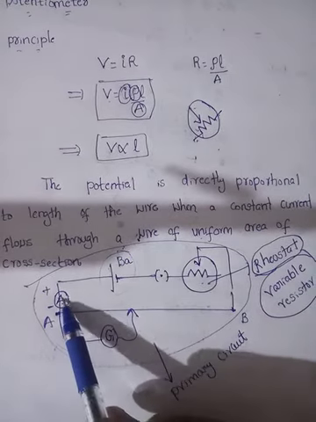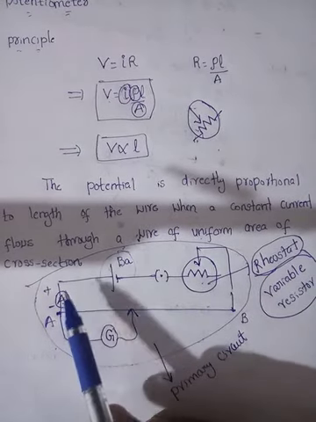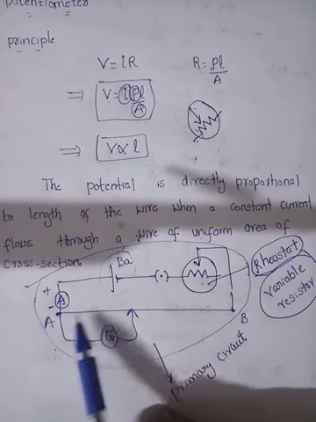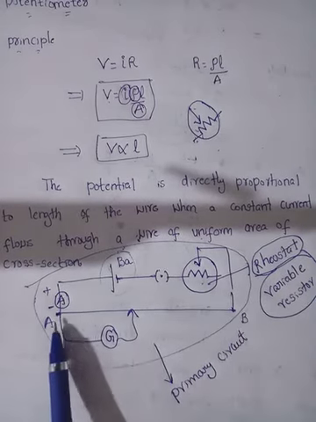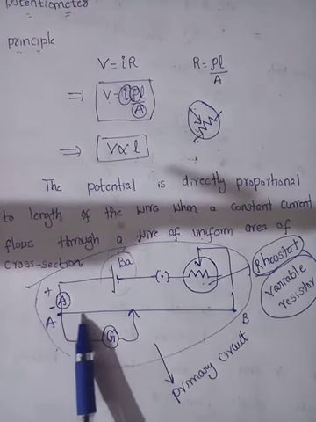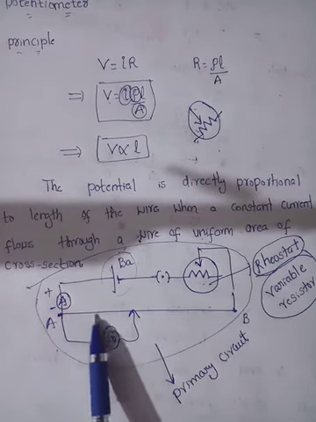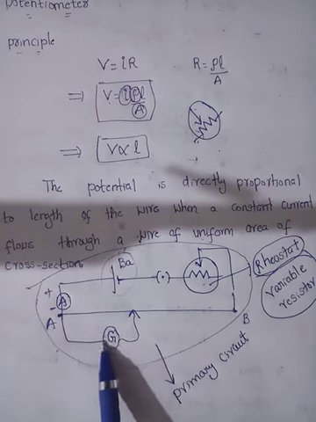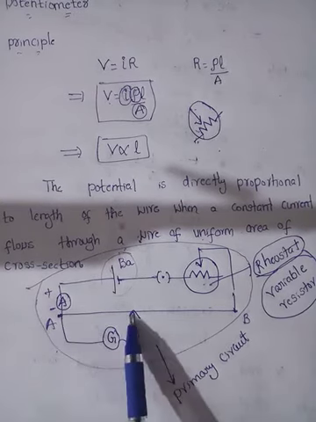Okay, now the current flowing, this current in the ammeter is what? 0.1 ampere, and the current is constant and the wire has a uniform area of cross section. If you slide the jockey to find the balancing length, that is, the point at which the current in the galvanometer is 0, that length is called the balancing length.